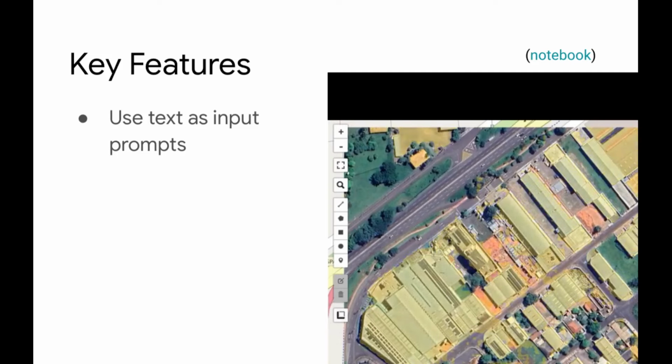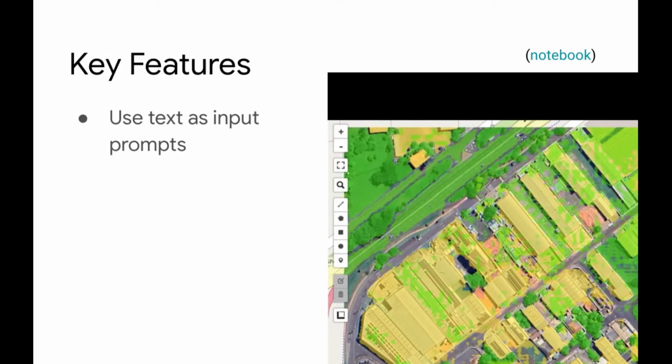Given a set of images, just type "I want the buildings," and it gives you the buildings. Type "the trees," and it gives the trees. It's up to your imagination. You can try it out. It's not going to be perfect, okay? It's automatic. It's going to need some trial and error to figure out the optimal parameters, but it saves you